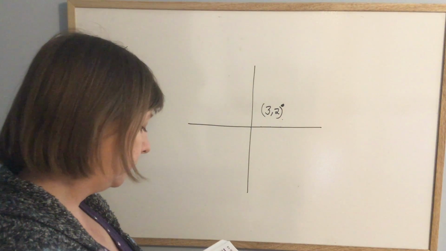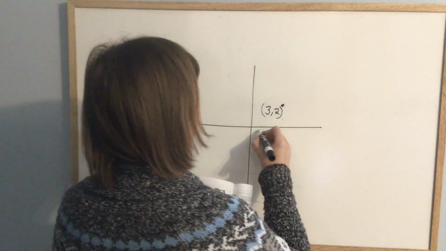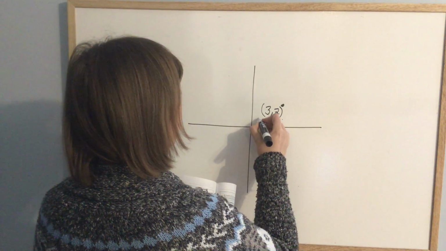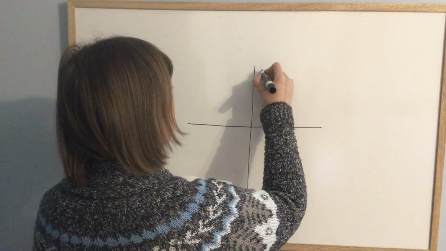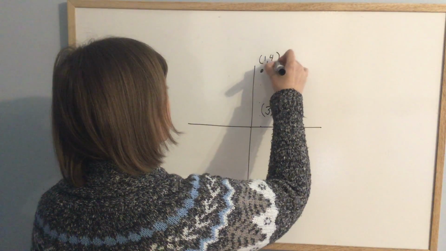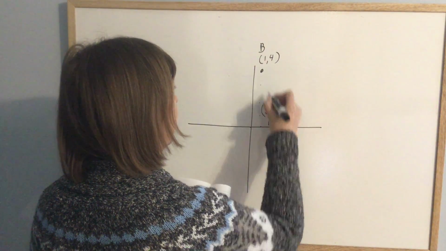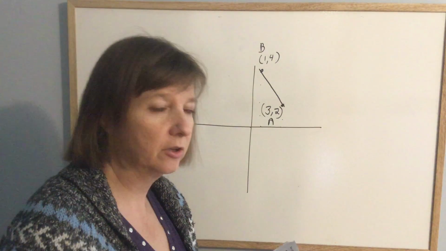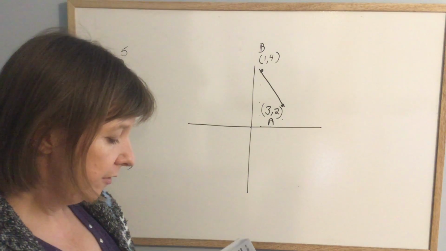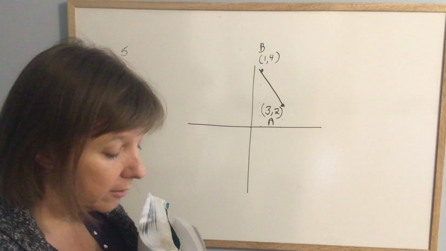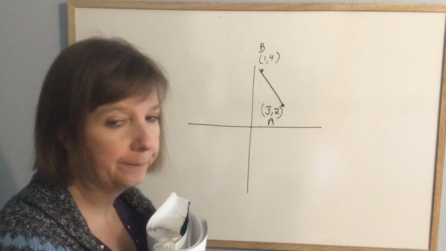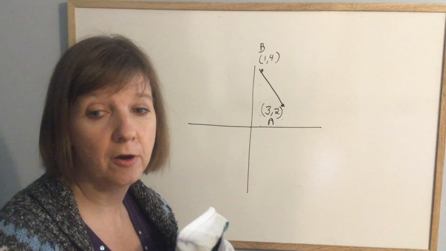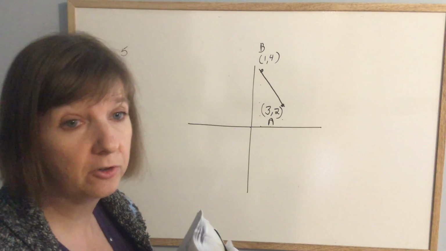And point B is 1 and 4. So over 1 and up 4. That's point B, that's point A. So there's my line segment. Okay, it's just a line. You just connect the dots. It wants you to do the mapping 2x, 2y. So all that means is multiply your x's by 2, multiply your y's by 2, come up with a new